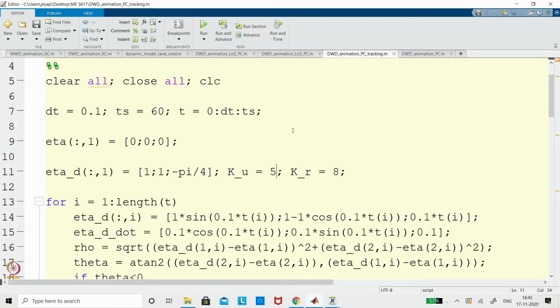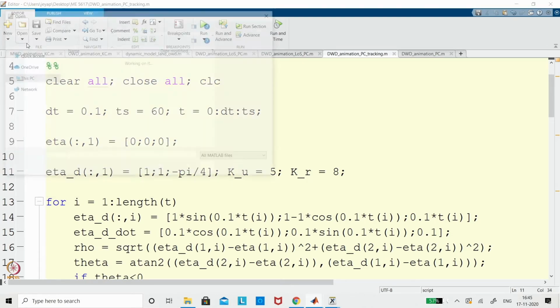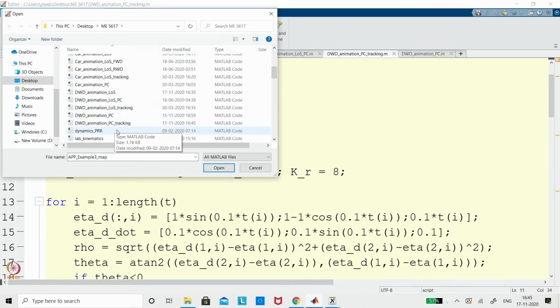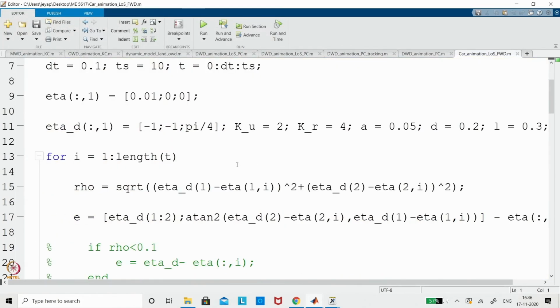One such vehicle is the car-like robot, where there are 4 wheels, but all 4 wheels are not independently controlled. There are 2 wheels on a single axle. That one axle would be controlled with traction, and the same wheel can be steerable, or vice versa. In that sense, I can take the car scenario with the forward wheel drive, using the line of sight method.